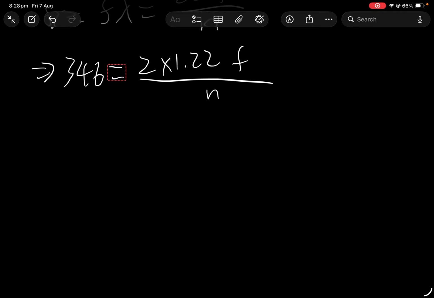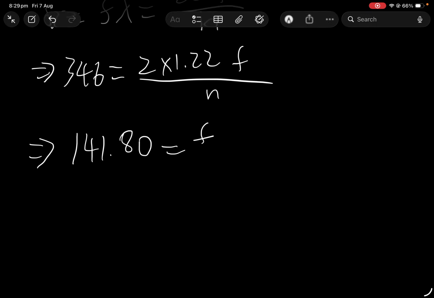And because this has the lowest frequency, lowest note produced, we don't know the harmonics. So honestly, we do know the harmonics because the higher the harmonics, the higher the frequency. So it should be the lowest harmonic, which is the fundamental frequency, which is 1. So n should be 1. But just in case, we will do 346 divided by 2 divided by 1.22, and that gave us